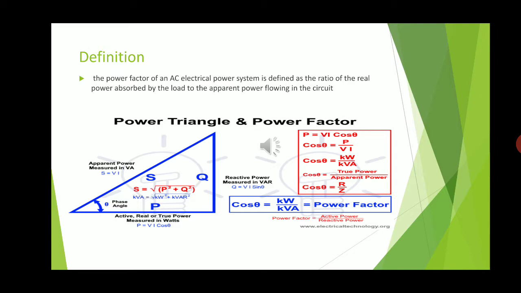The next one is cos phi is equal to kW over kVA. As you know, kW is the SI unit of active power. Active power is what? Real power, true power. The power which is actually getting consumed in the system, right? kVA is